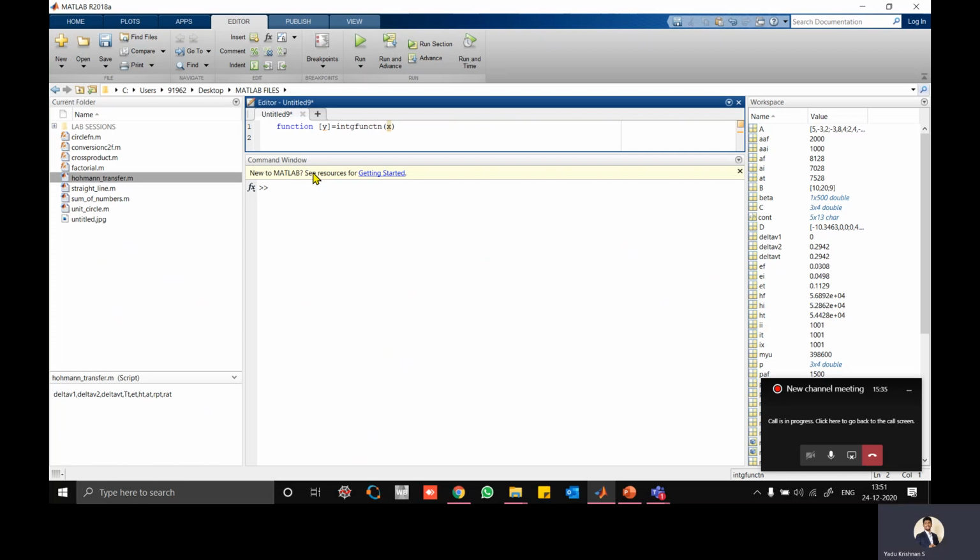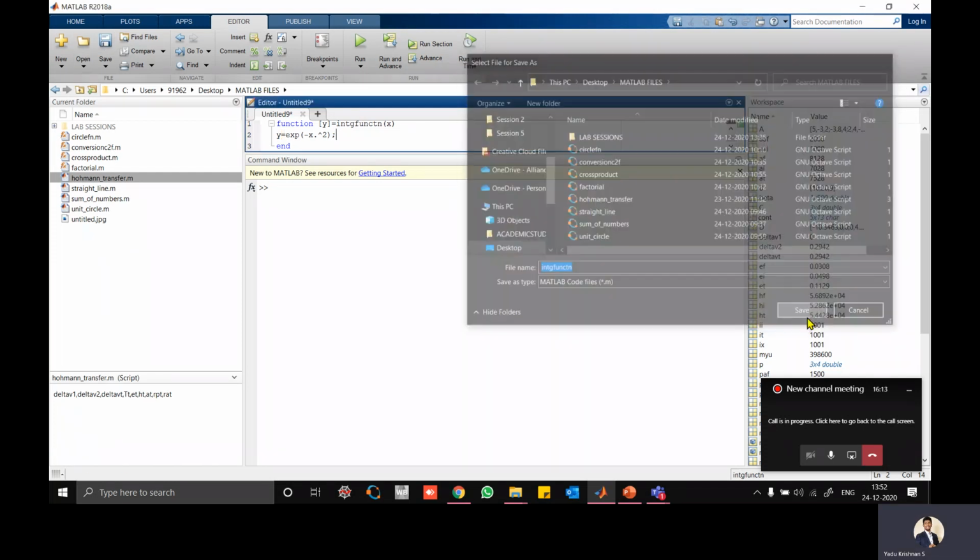If that is not working, then you can use the anonymous function also. y is equal to exp of minus x dot power 2. Since x will have two values, I'll just put it like that. I'll save this one and see whether it works.